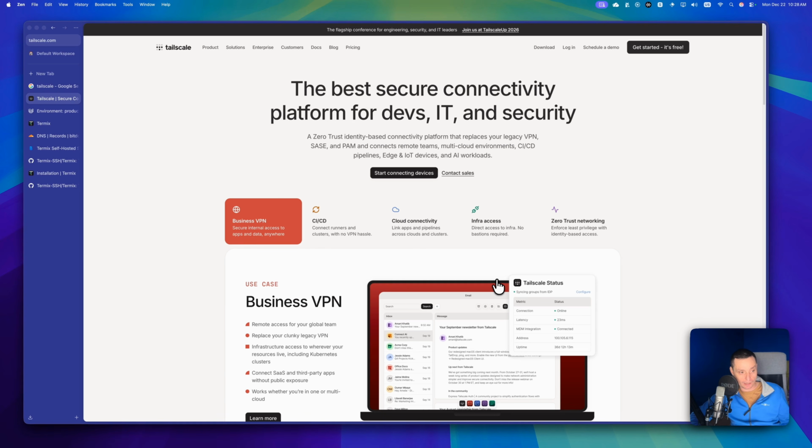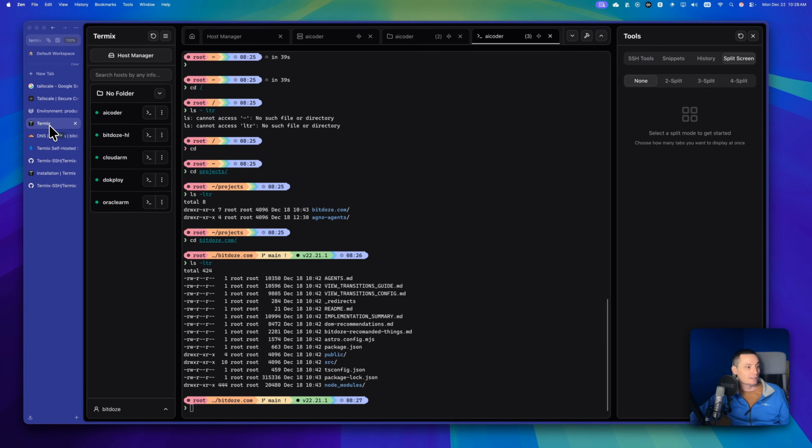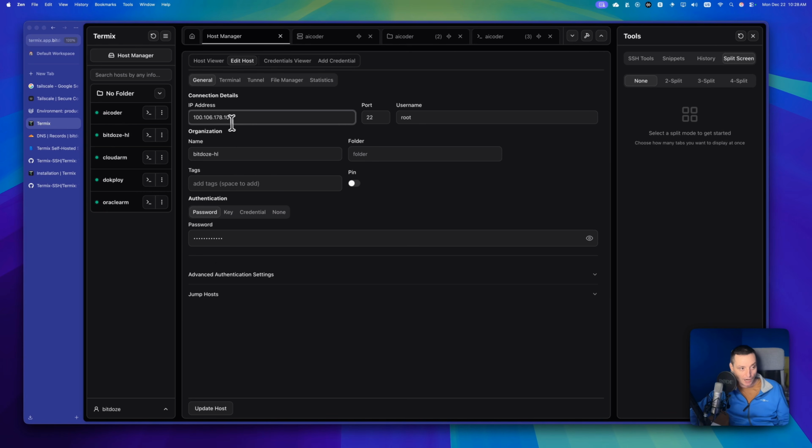So you install Tailscale, you install their agent on your home lab, you install it on the Docker installation with your Termix, and then you can connect with SSH without a problem. So in here, if we check the options, you'll see that I'm using the Tailscale IP address with the user to connect to this and have access to the files on my home network directly